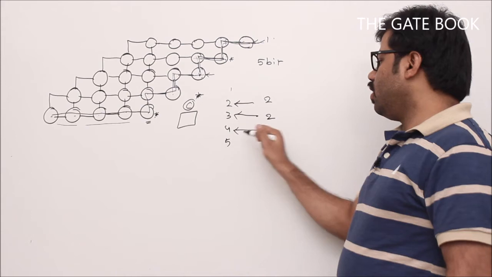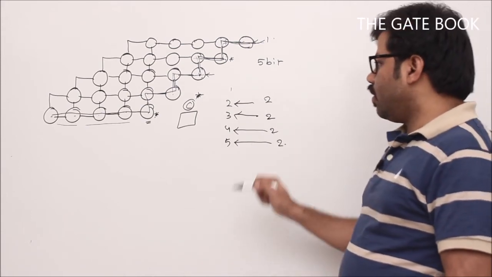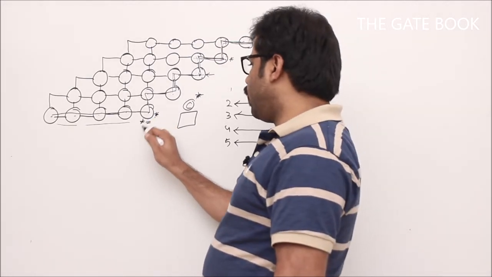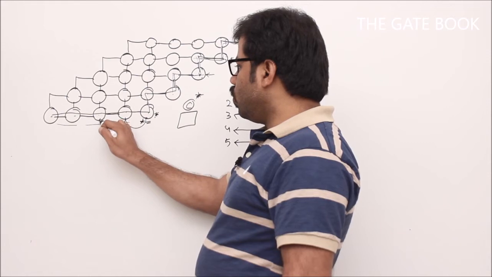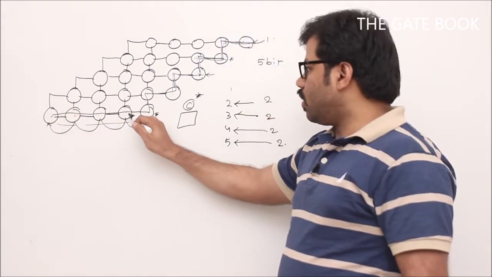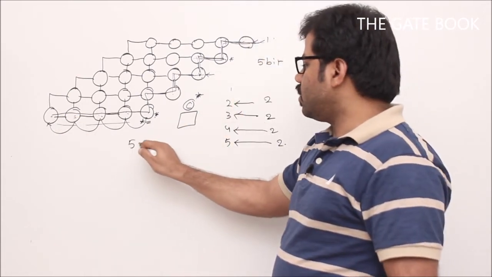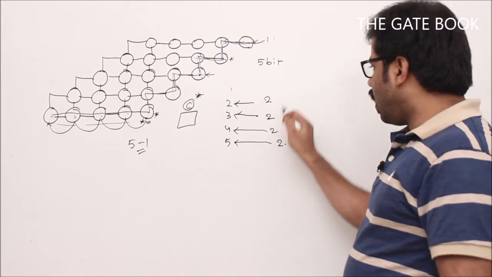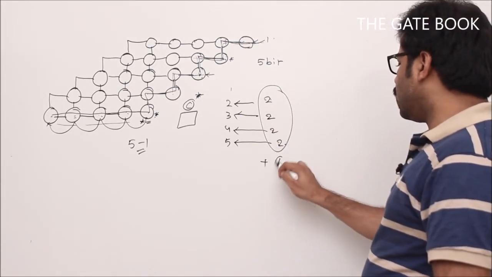Then one more level, right? To come to one more level, 2 more boxes. One more level, 2 more boxes. In that way, we'll reach this point. Then once you are here, 1 2 3 4, 4 boxes we have to cross. That 4 represents 5 minus 1. Correct. So now let's generalize it. After this, 2 plus 2 plus 2 plus 2 plus 1 more 4, which is nothing but 5